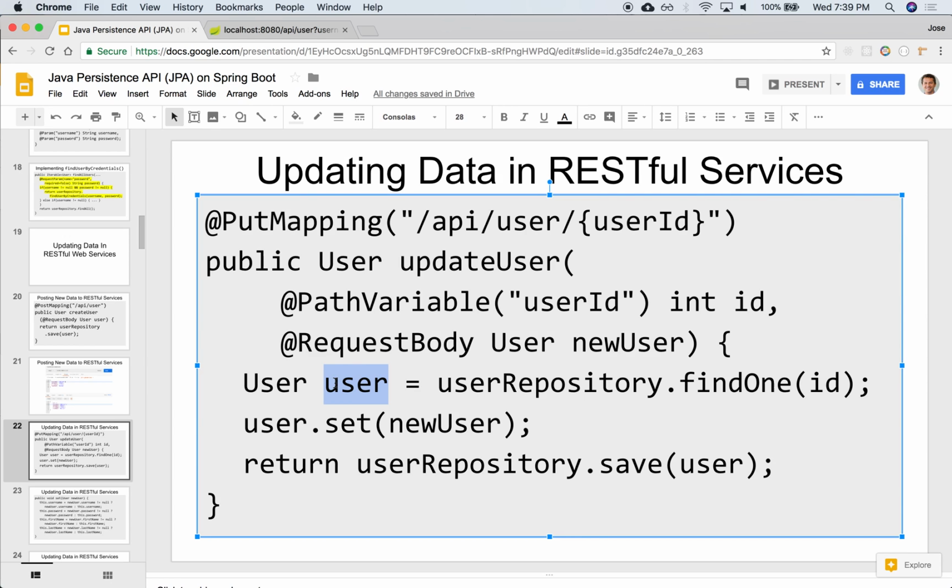Once it's in RAM, it wants to know how far it is from the original instance that it read from the database. If you haven't changed any fields, any username, passwords, then this .save wouldn't actually do anything. There's no need to update anything if the fields haven't changed at all. So that's why